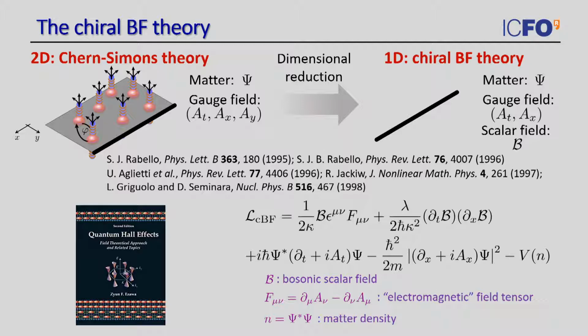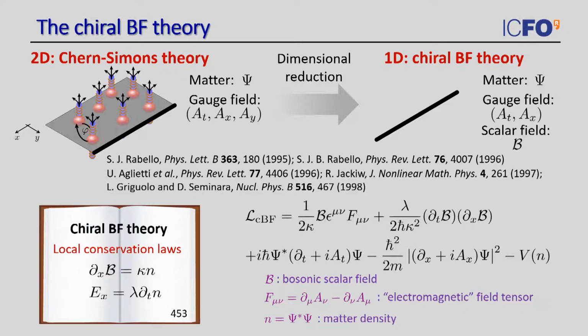And then the following 2 terms are quite easy to understand because it's just minimal coupling of the matter field with the gauge field, and this matter field in the original models is taken to be bosonic, so it has its own interactions that depend on the matter density. This is this term here. So now when you see this Lagrangian, and you're an experimentalist like me, you get scared because you really don't see how to do this in the lab.